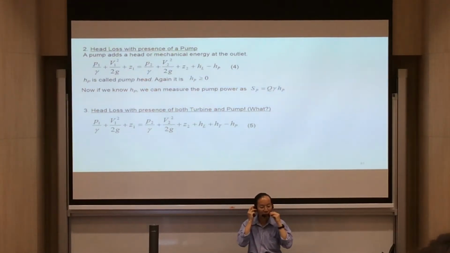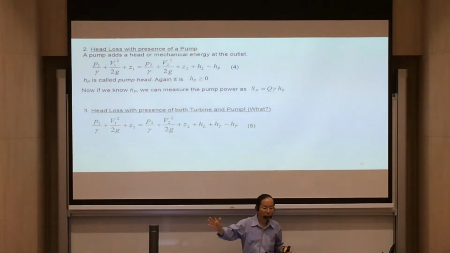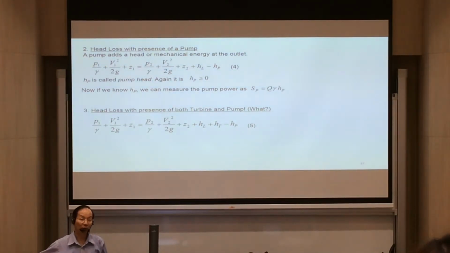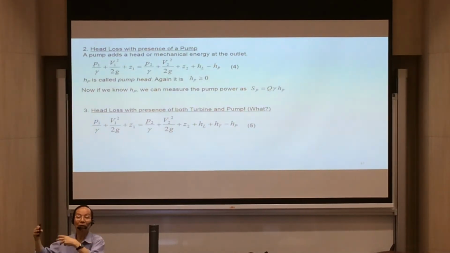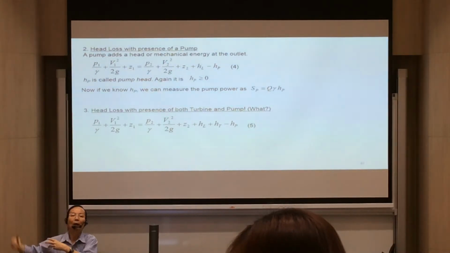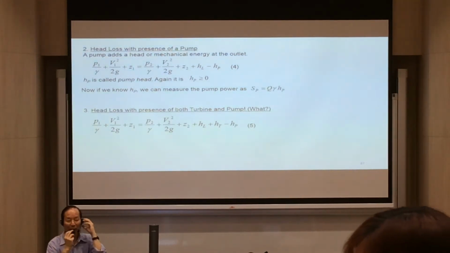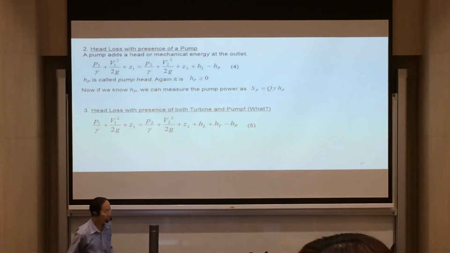Now, instead of a turbine, let's say, as I mentioned earlier, in the tap you have a pump that pumps the water all the way to your tap. This pump actually so-called adds energy. It's not correct for an engineer to say add energy. You cannot really create energy. It converts energy from the rotation of the pump into the flow. So energy is converted from the rotation of the pump to your fluid.